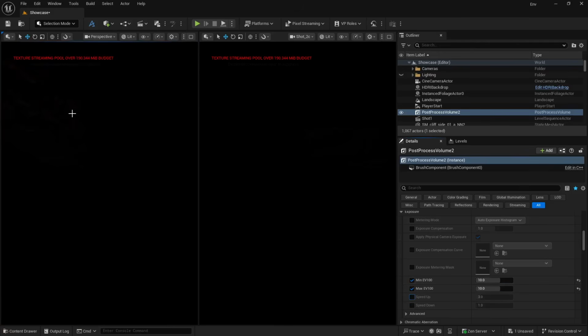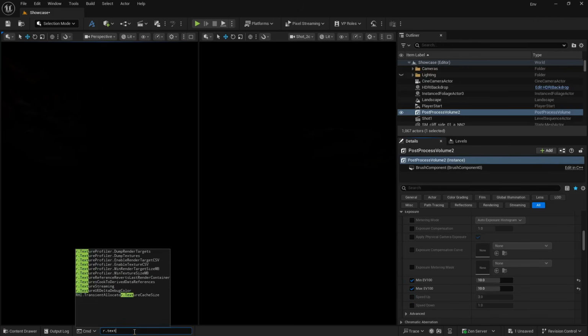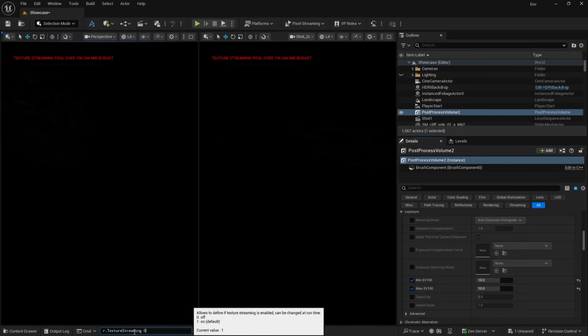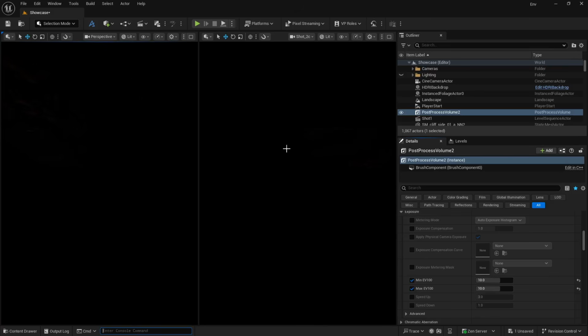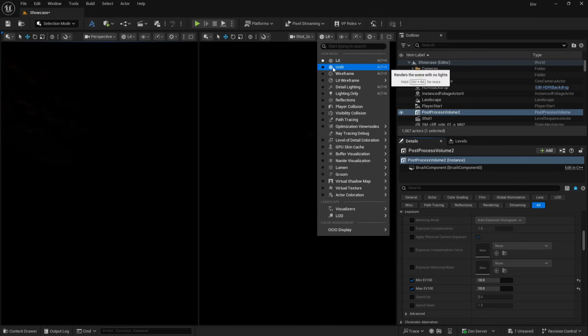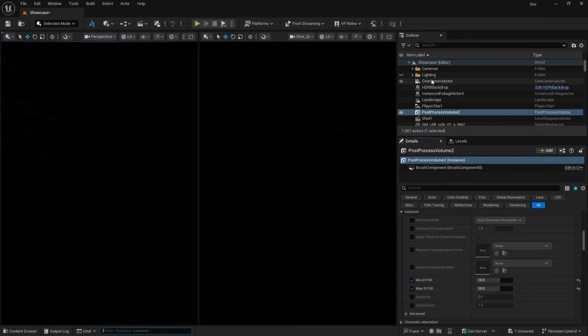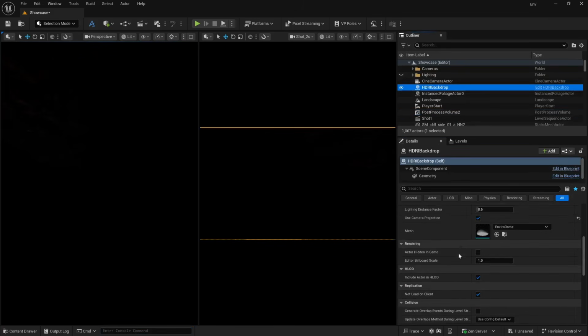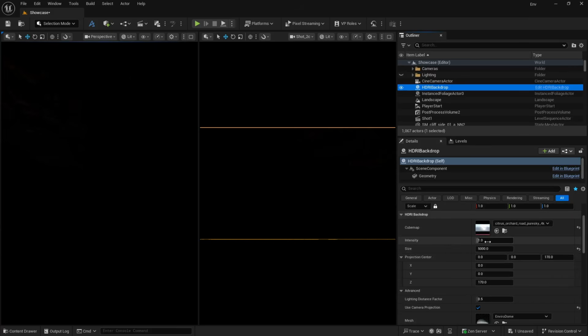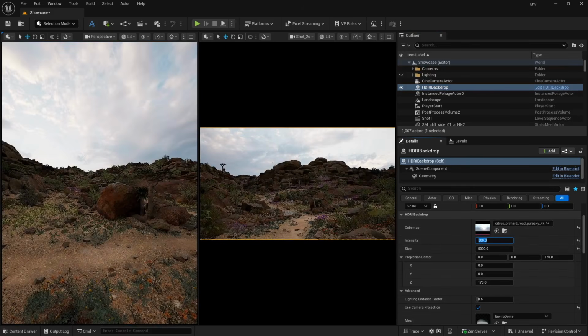Now you can see it's black. So let me show you that method, which is real world. But right now you can see we are getting this texture streaming pool, so I'm going to type here r.TextureStreaming, keep this at 0 and press enter, and now it is gone. Right now you can see it's dark, but if I go to unlit, you can see we have this lighting here. So I'm going to select my HDRI, and the first thing I need to do is increase this intensity here. If I go like 300 and press enter, now you can see we are getting that real world